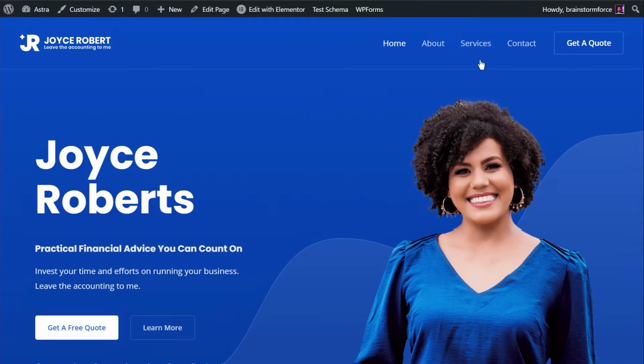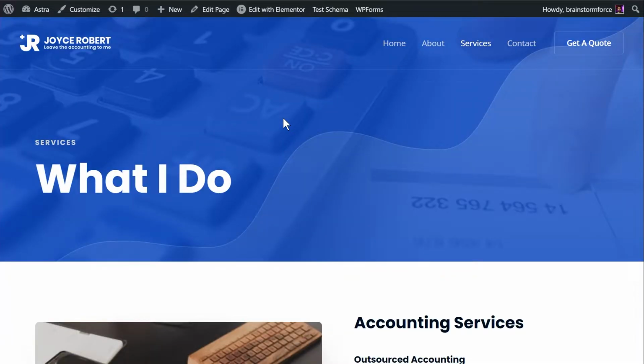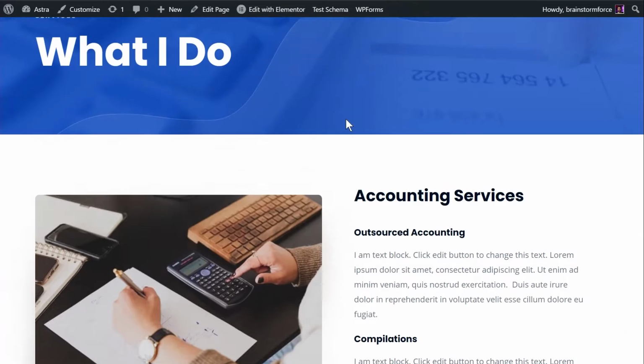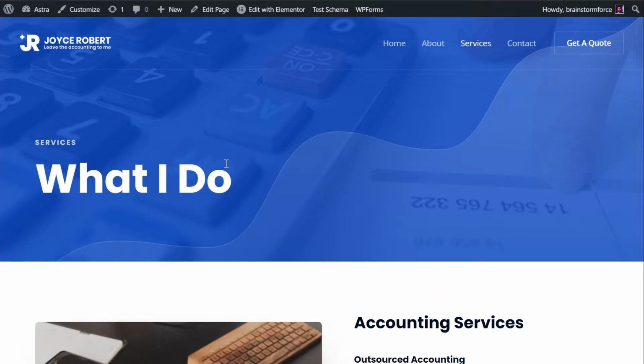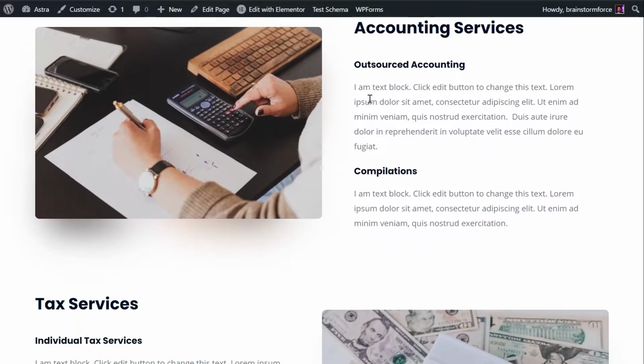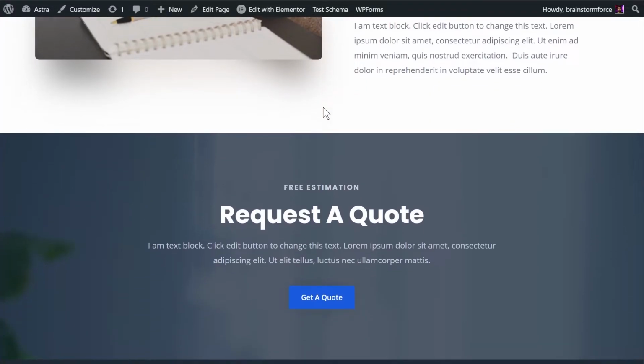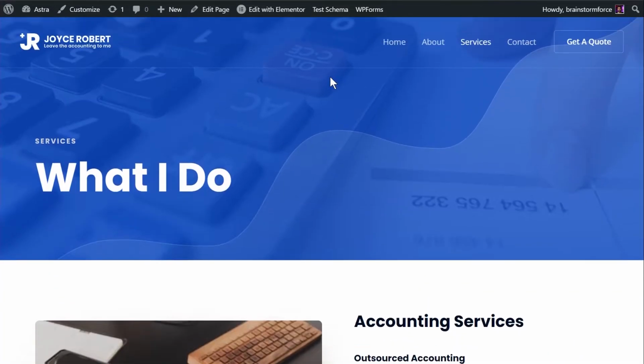Now this is the home page. I'll preferably add the FAQ schema to a services page, where I believe there's a more practical need for setting up FAQs. For example, this website is about an accountant or accounting services firm. Usually it can be used for individuals. So let's say the services page is where we talk about what kind of services we offer. We have accounting services, outsourcing, and all this good stuff. Now let's say I want to add some basic FAQs here. FAQs can be: what size of business do you work with? Do you work full time, or do you take multiple clients at once? So basic kinds of questions that any visitor would have for this website.